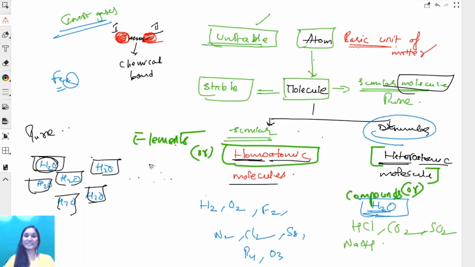See, radioactive metals. All metals are homoatomic, let it be radioactive or non-radioactive. So guys, now coming back,